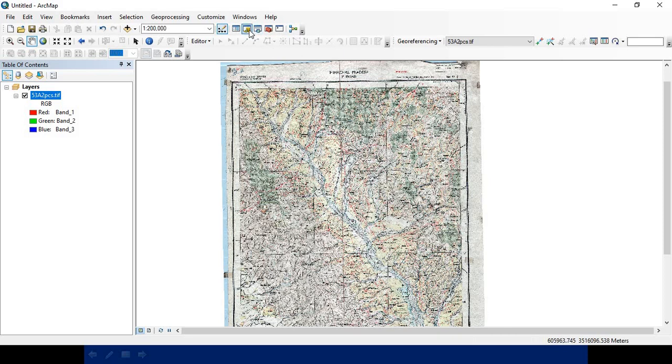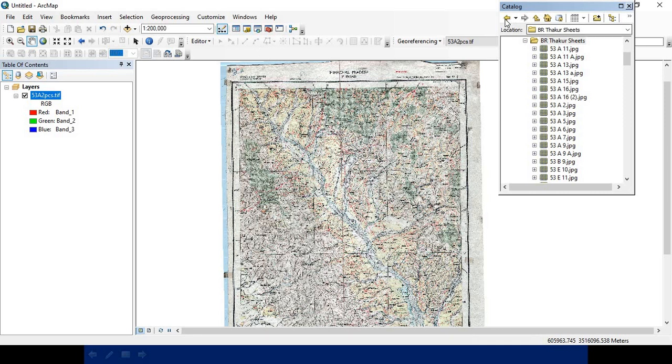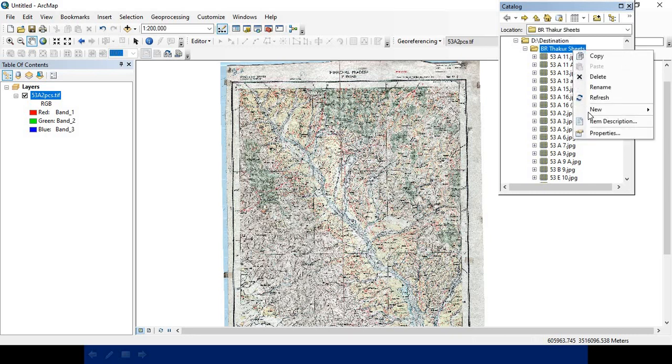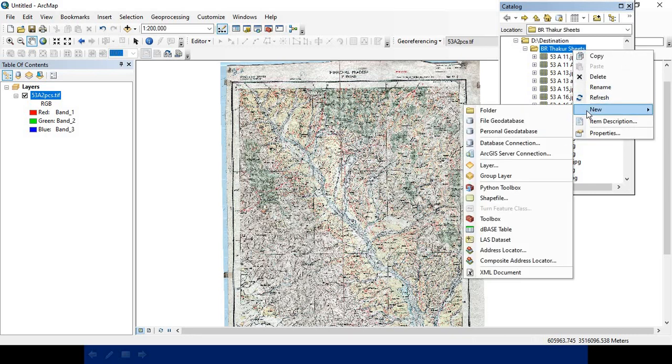So what are the basic functional steps? First of all, open ArcCatalog and generate the shapefile that you want to create.